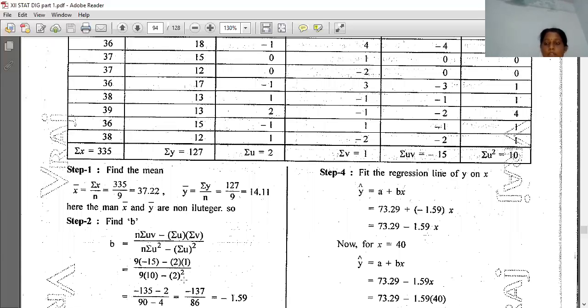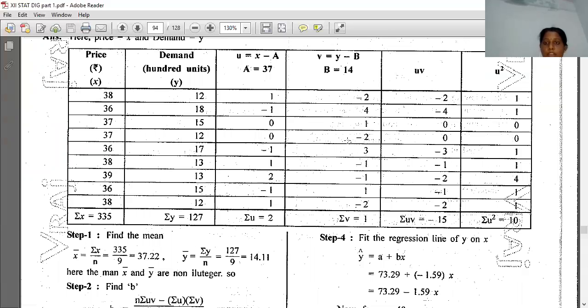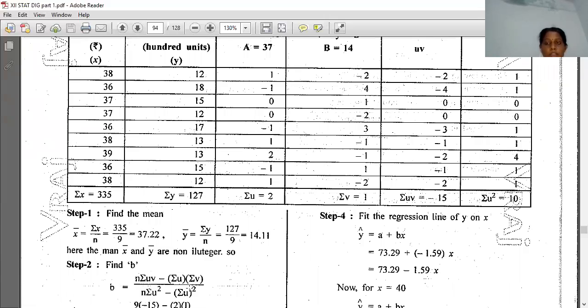Now do one thing. First of all, you have to write the formula, and according to the formula only you have to find the columns. Okay? So nothing unnecessary will be found. According to the formula only you have to make the columns. Sometimes it happens that you directly make the columns, and some unnecessary thing, like if V is not required, then you will be finding V square. Only afterwards you will remember that, oh, here V is not required. So better you write the formula first and then make the columns. Then you will come to know that whatever is required, only that we have to make. Okay. Now next is the UV column. UV means the multiplication of U and V.